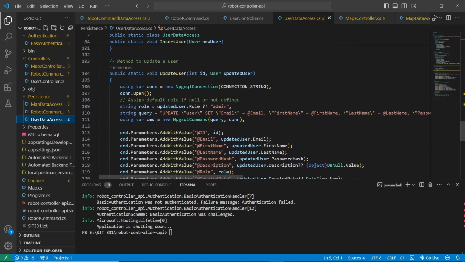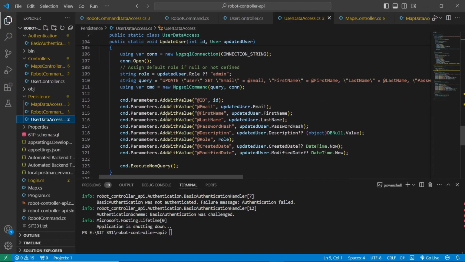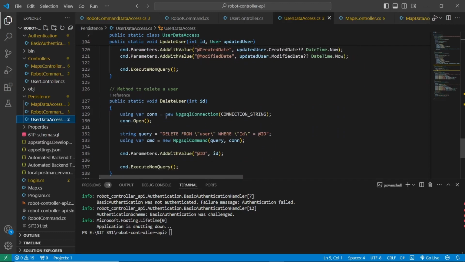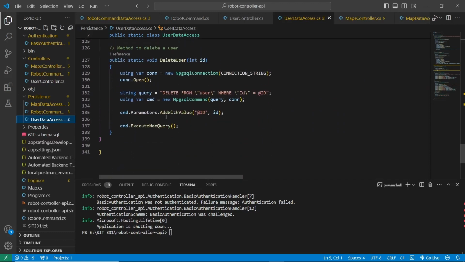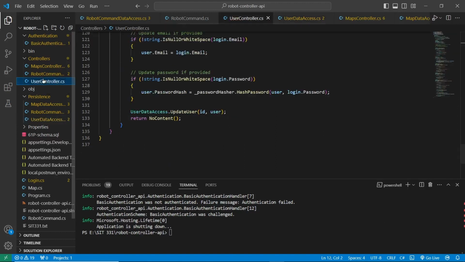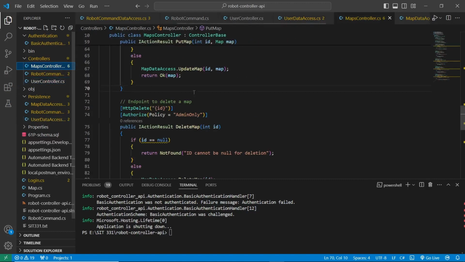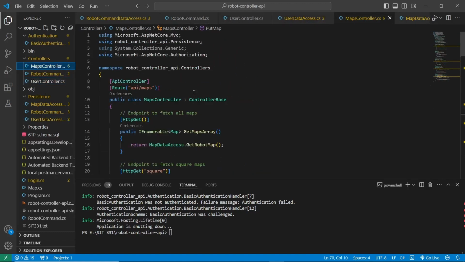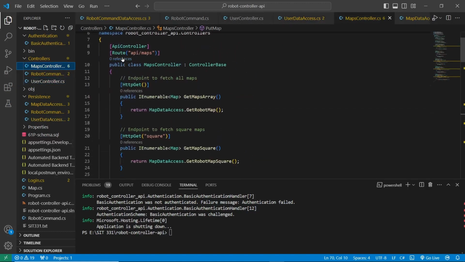Similarly, we have the update user function for updating the existing user. And lastly, we have the delete user function for deleting the user entries from the user table. And after this declaration and defining of these methods, we are basically calling these methods in the controller part. So in the map controller, we have defined the endpoints for this, and the basic root for the map controller